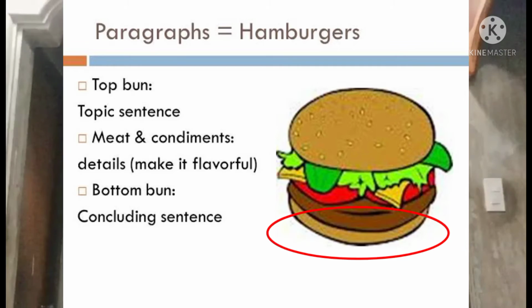It restates the topic of the paragraph. It sums up the paragraph by briefly revisiting the information covered. Every paragraph needs a conclusion. It is the bottom bun of the burger that closes the door of the paragraph. Consider using transitional phrases to begin your closing or concluding sentence. Examples of closing sentence starters are: to conclude, in the end, lastly, as a final point, finally, or